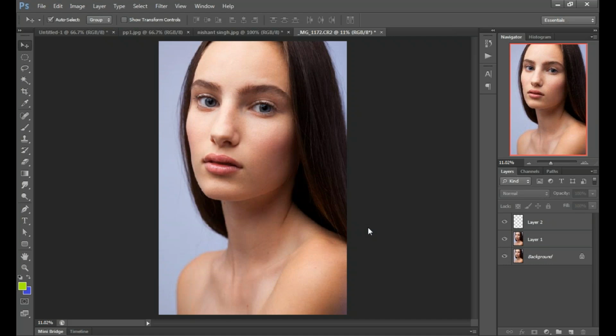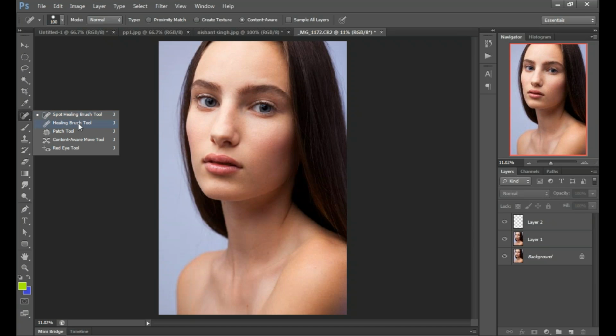Today we have less time, so we can see the spot healing brush tool, and the other one is the healing brush tool. There is a basic difference between both of them. The spot healing tool takes a sample around our brush edges. When we have a complex image that has many more blemishes or spots, we will use the healing brush tool and take the sample from another side of the skin. If the left side is in a bad state, we will use the right side.